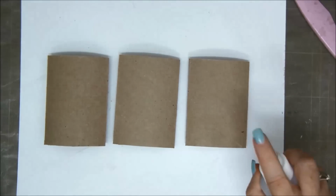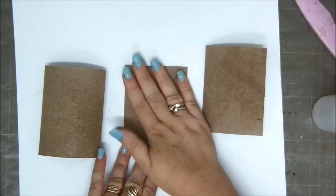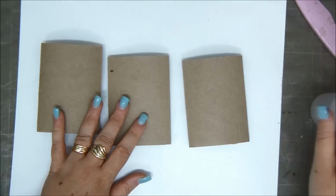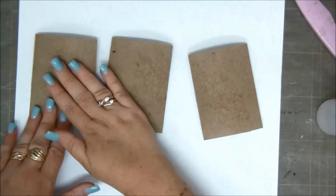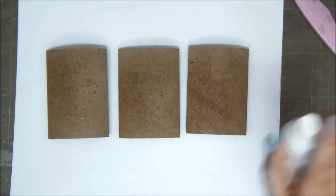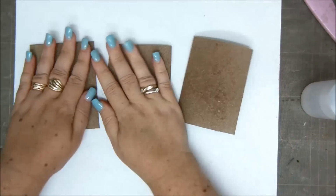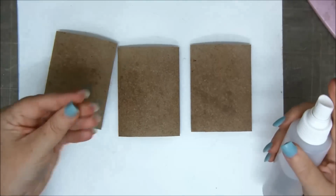Now, toilet paper rolls are very poor quality. The paper is not very good, so we don't want them to soak in water, so you just spritz a little tiny bit on top like this. You see, just one spritz, and you don't rub them, because if you rub the toilet paper rolls, they will start to disintegrate. That's how poor quality they are, because they're just recycled paper that's supposed to hold your toilet paper. They're not supposed to be used for anything else. So you do this a few times,